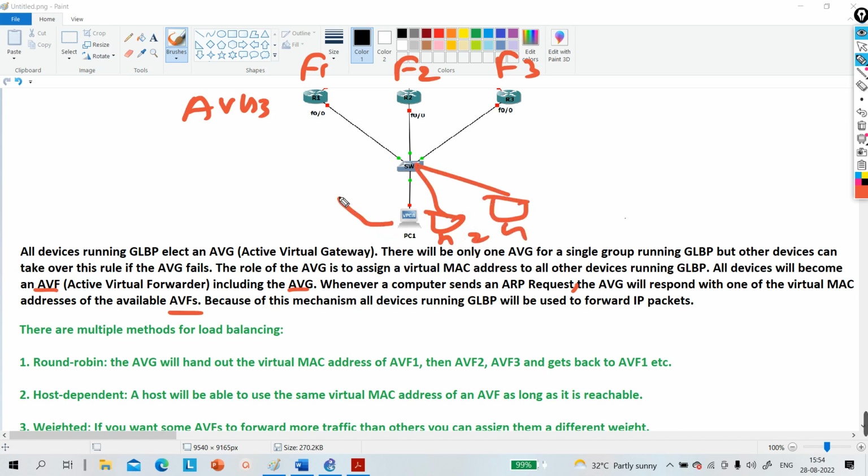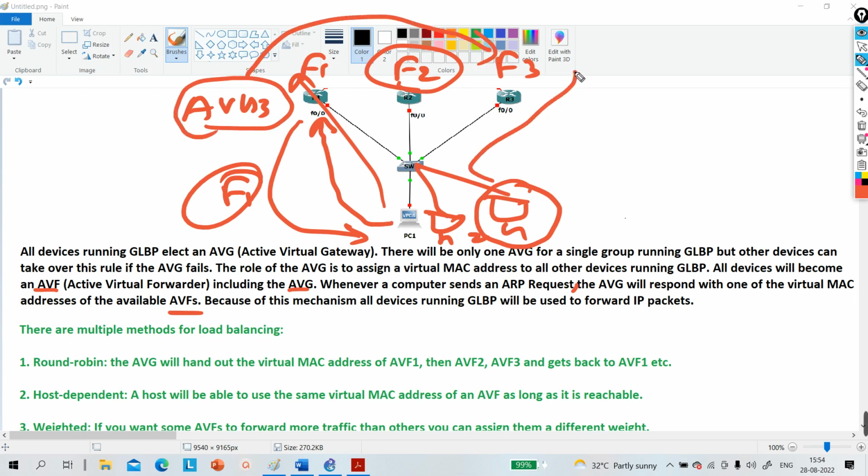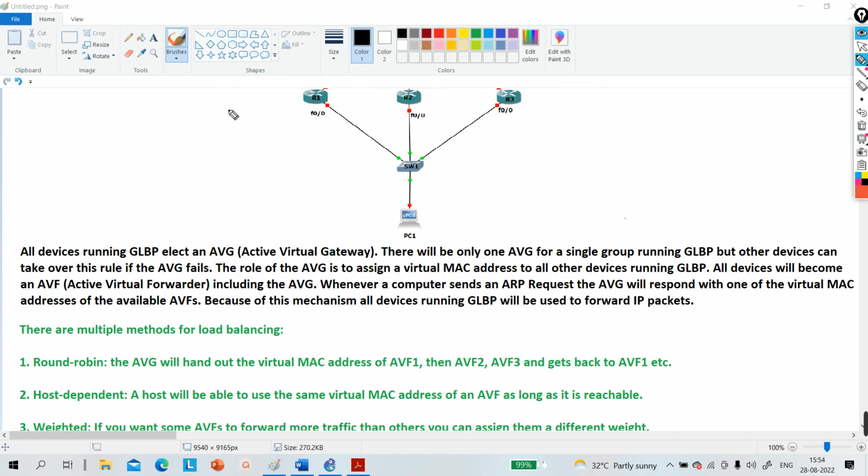So when PC1 generates an ARP request, the AVG will provide a MAC address. Suppose the AVG provides the MAC address of forwarder 1. Then this machine will communicate with the internet via router 1. But if the AVG provides the MAC address of forwarder 2, then this PC will communicate to the internet via router 2. Suppose when this machine generates ARP for its default gateway, the AVG provides the MAC address of forwarder 3, then this machine will communicate with the internet via R3. Yes or no? Yes. So the use of the AVG is to provide